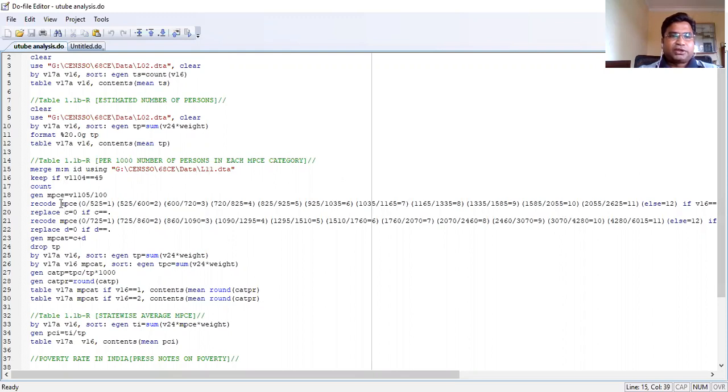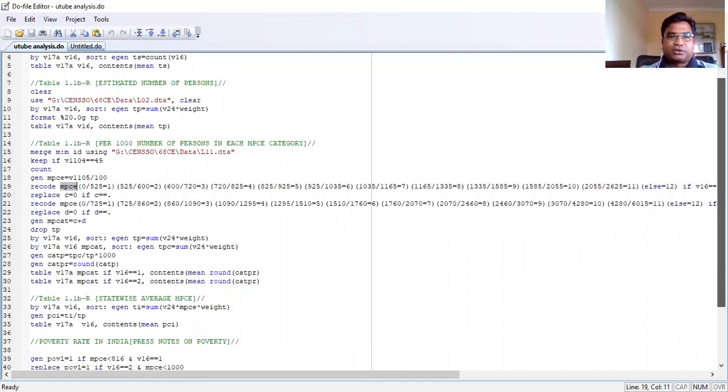That's what is needed. So if you have to get the monthly per capita expenditure, either for URP or for MRP, here we have considered the MRP figures because that will help us in other calculations as well. So we are not considering MPC URP. We are considering MPC MRP.